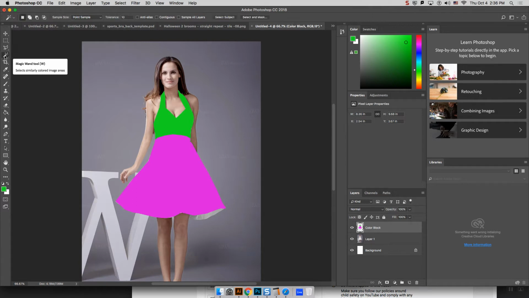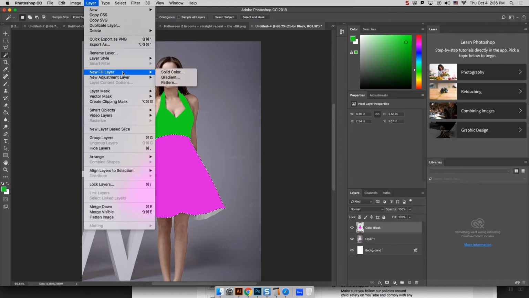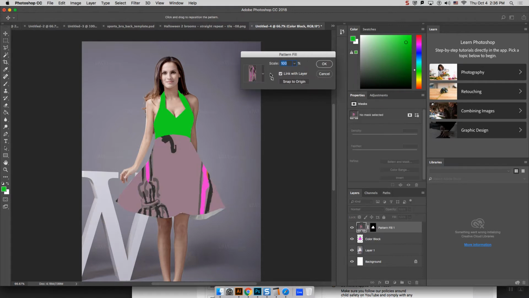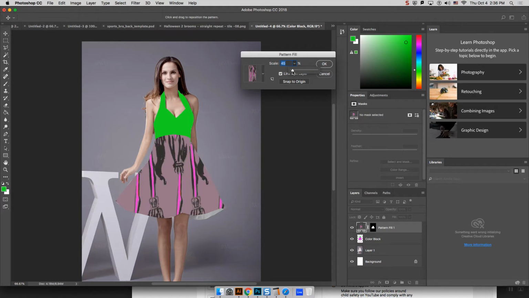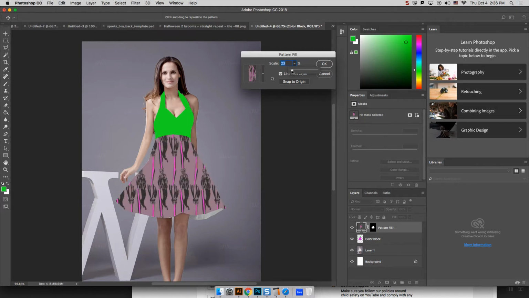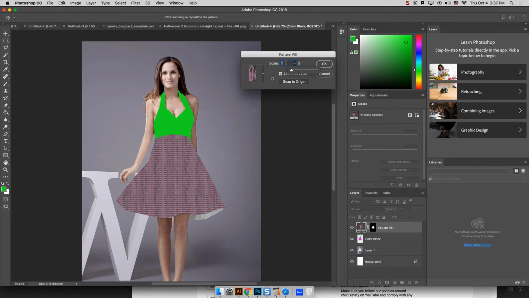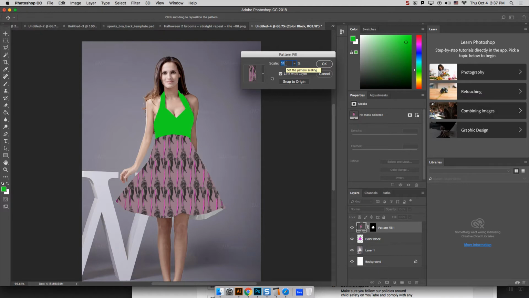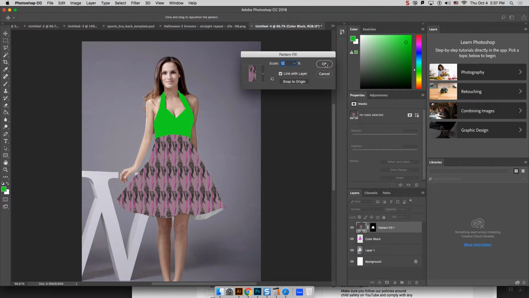So I'm going to grab the magic wand tool and select part of the dress now. And we are going to go to Layer, New Fill Layer, Pattern. And I can choose this witchy pattern and this broomstick pattern, and I can change the scale, and I can click in there and change the scale with my mouse bar. Hit OK, and